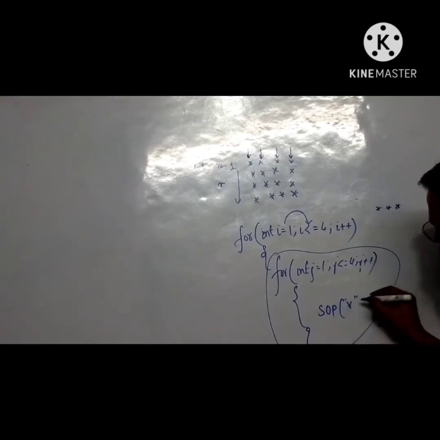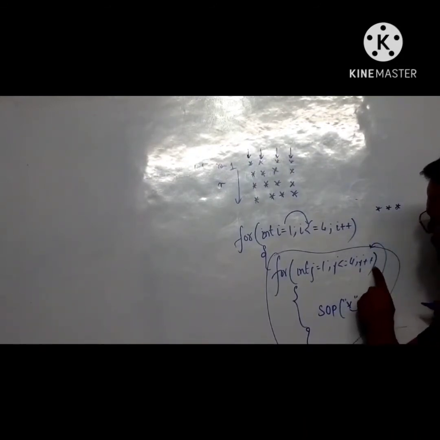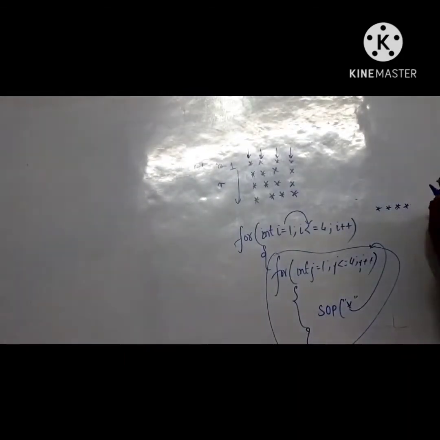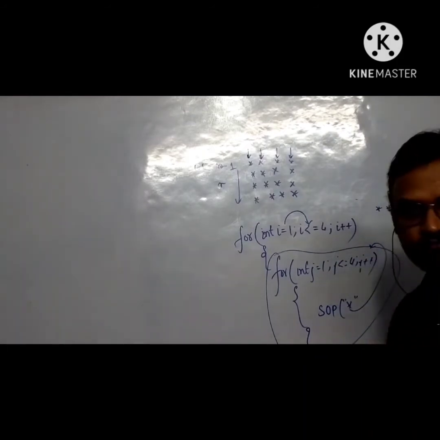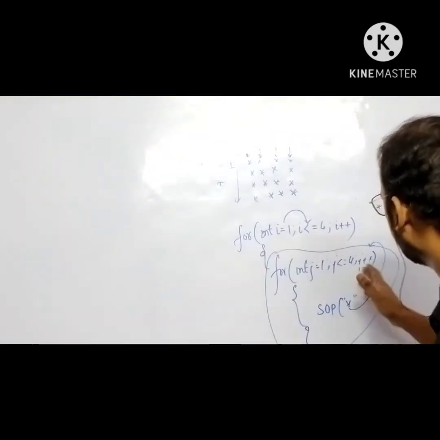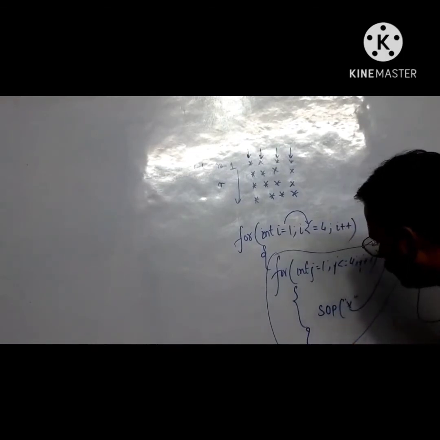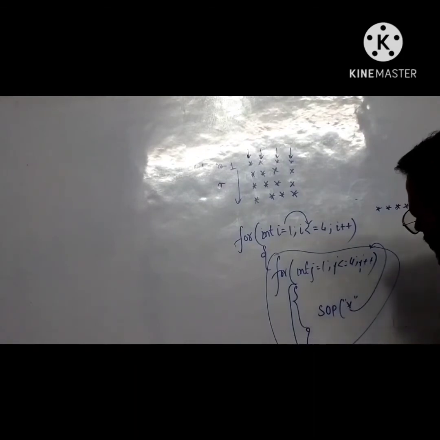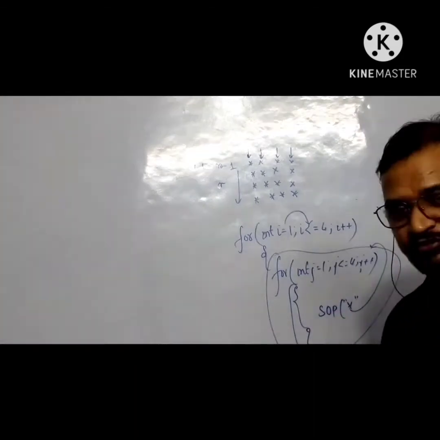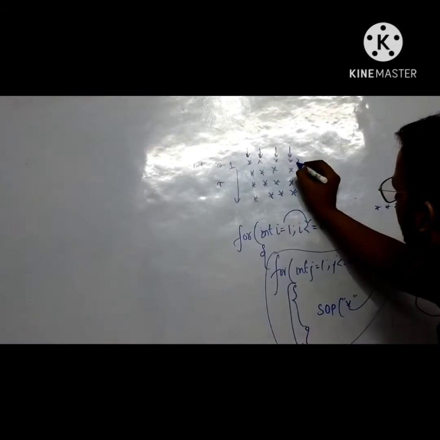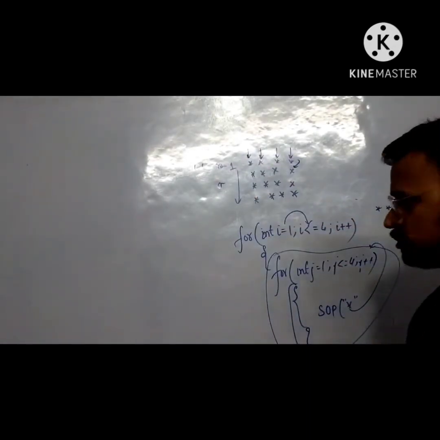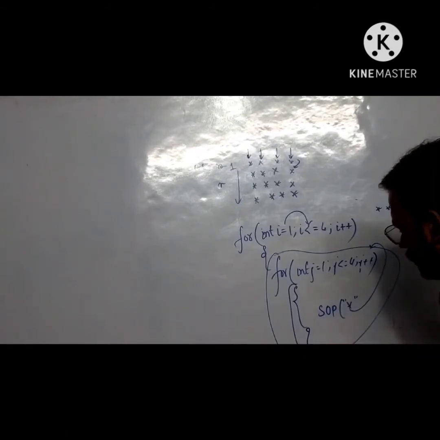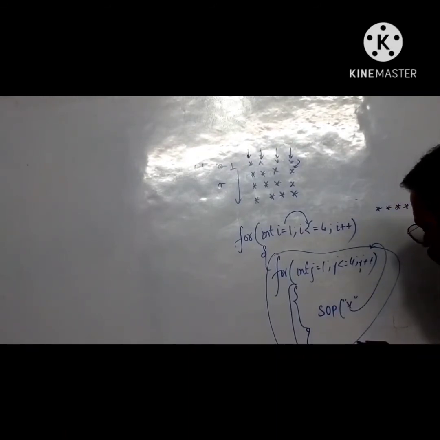J value 4, then j++ makes 5, and 5 less than or equal to 4 is false. So after printing 4, the condition becomes false. 5 is not less than 4, so it exits the loop. I have told you, whenever the condition fails, it exits from the loop body. And after exiting the loop body, don't you think it has to change the line? So what is happening after exiting the inner loop? It is going to change the line by SOPLN,